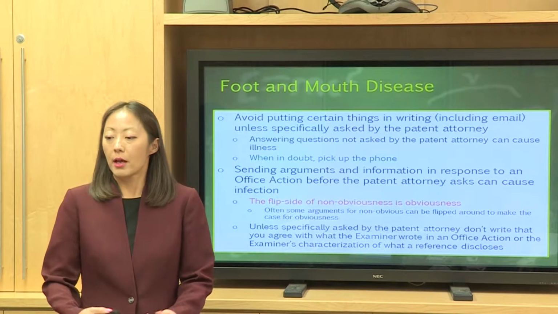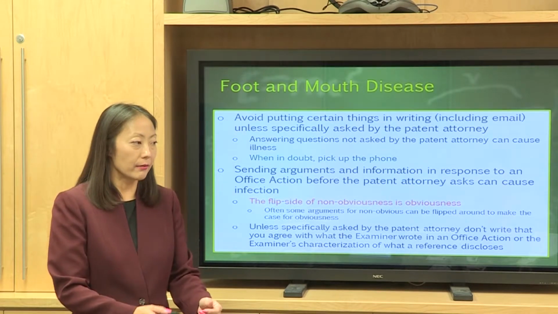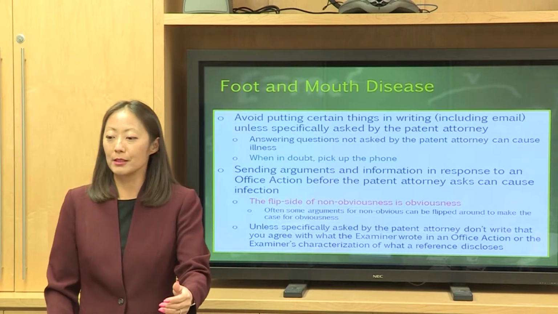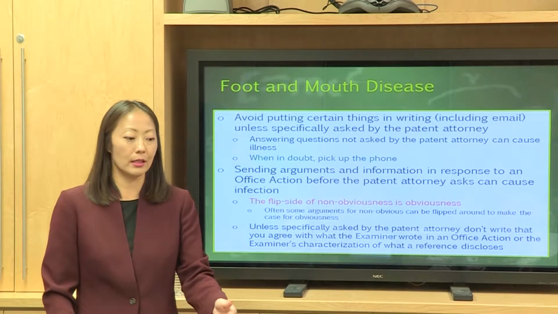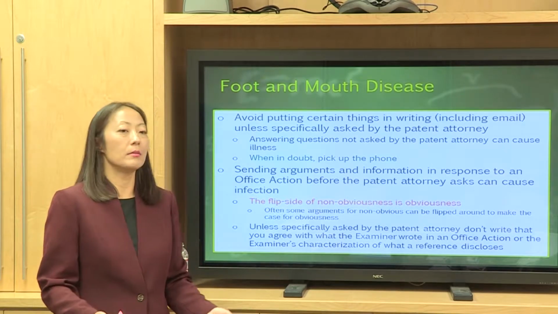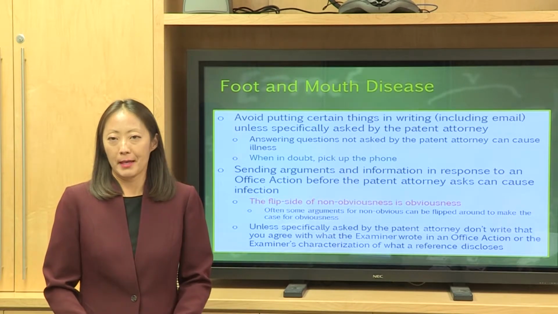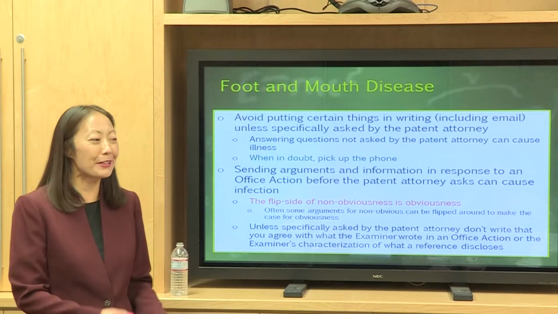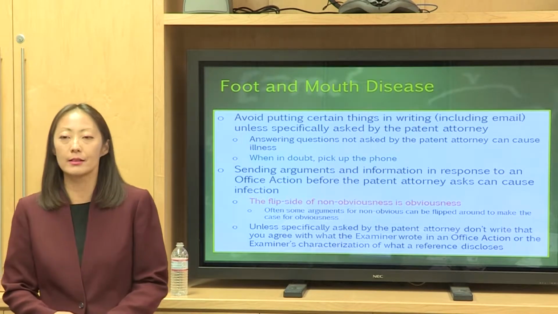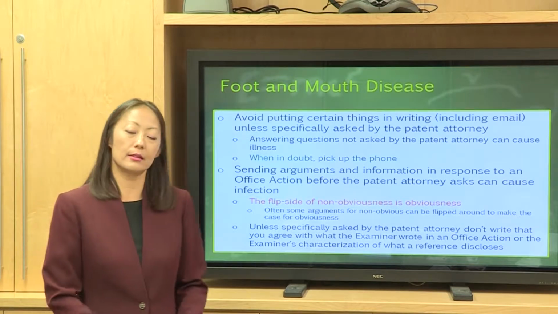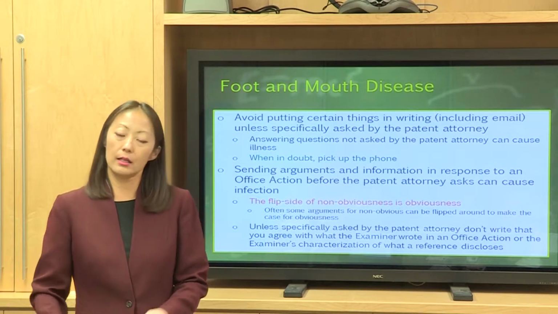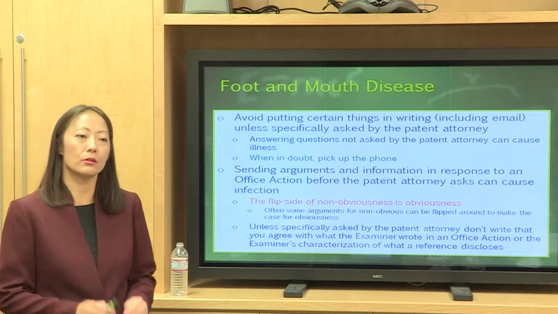Before the patent attorney can even get to the inventor and talk on the phone first, the inventor writes a response, sends it to the patent attorney, and it really turns out to be making a case for obviousness. There is a very fine line between obviousness and non-obviousness. It's just the flip side, and it's the way that one presents it that can make the difference. And so don't put